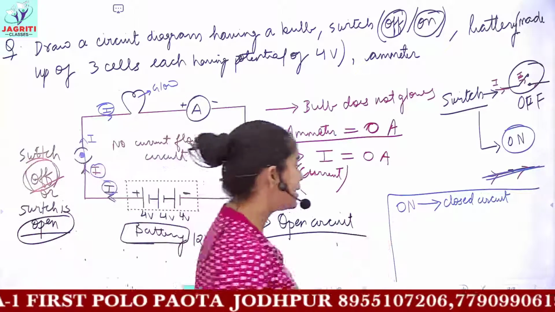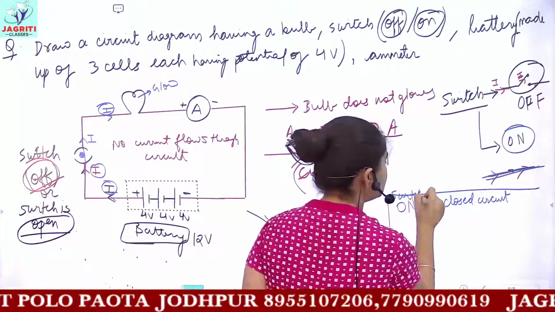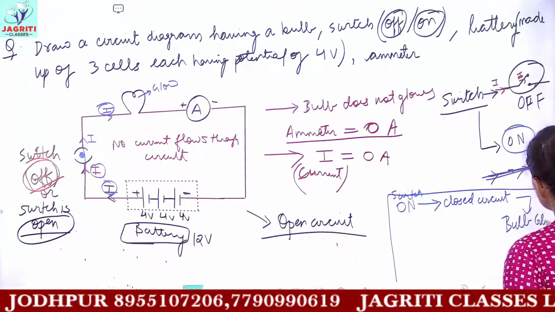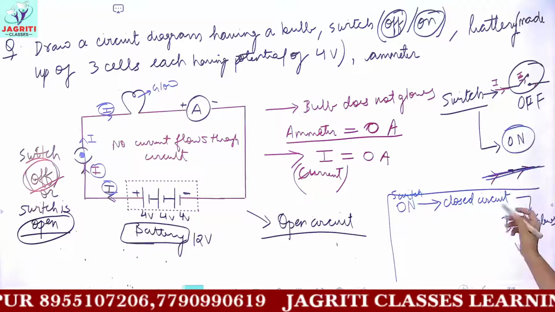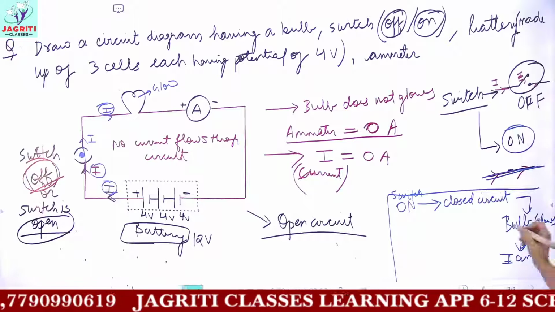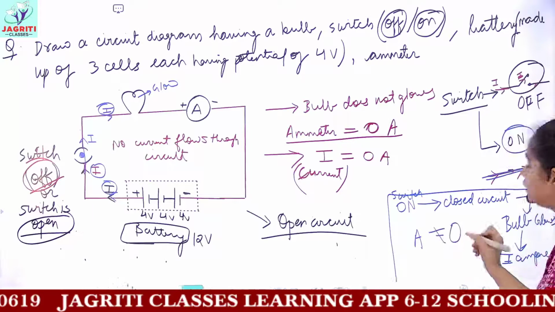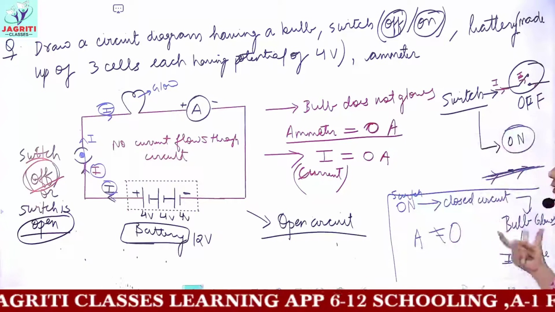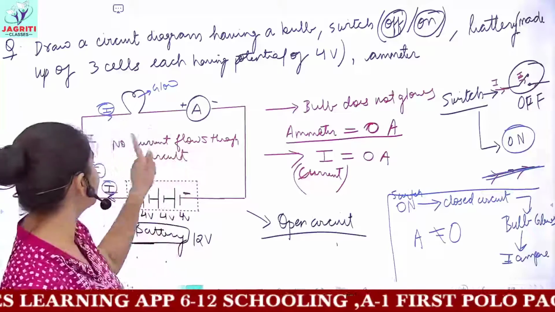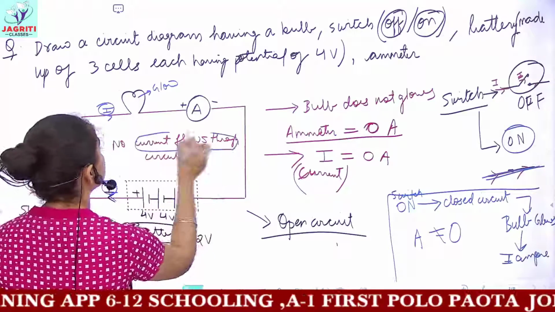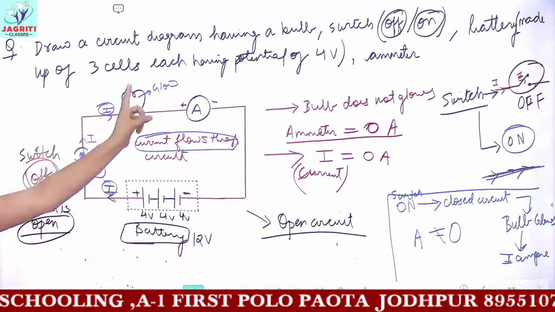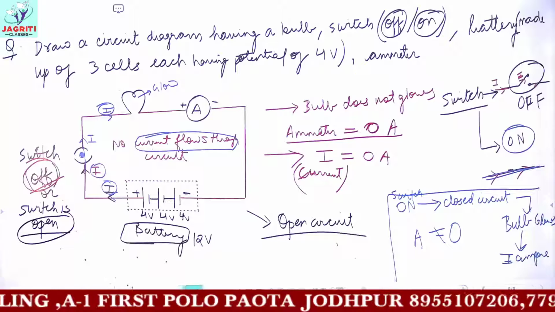Okay, so when you have the switch in on condition, which means a closed circuit, then in a closed circuit the bulb glows, and it means the reading of current would be I amperes. I ampere current would flow, and the reading of the ammeter would not be equal to 0, and the bulb would glow. So this is how you represent a circuit here, and this means now you will write current is flowing through the circuit. So these would be the two diagrams when the switch is in off condition and when the switch is in on condition. Okay, I hope this is clear.